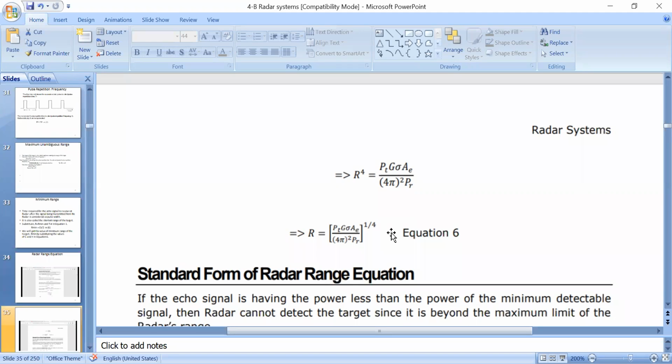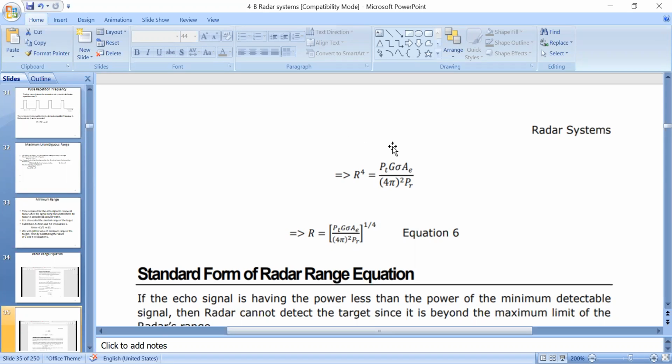So, in order to derive the radar range equation, what parameters are we considering? Initially, we are considering the antenna as an isotropic radiator. In that case, what is the formula for power density? Power density is the total power transmitted per area. So PDI, the power density due to an isotropic radiator, equals the total power transmitted, PT, by 4 pi R square. Area is 4 pi R square.